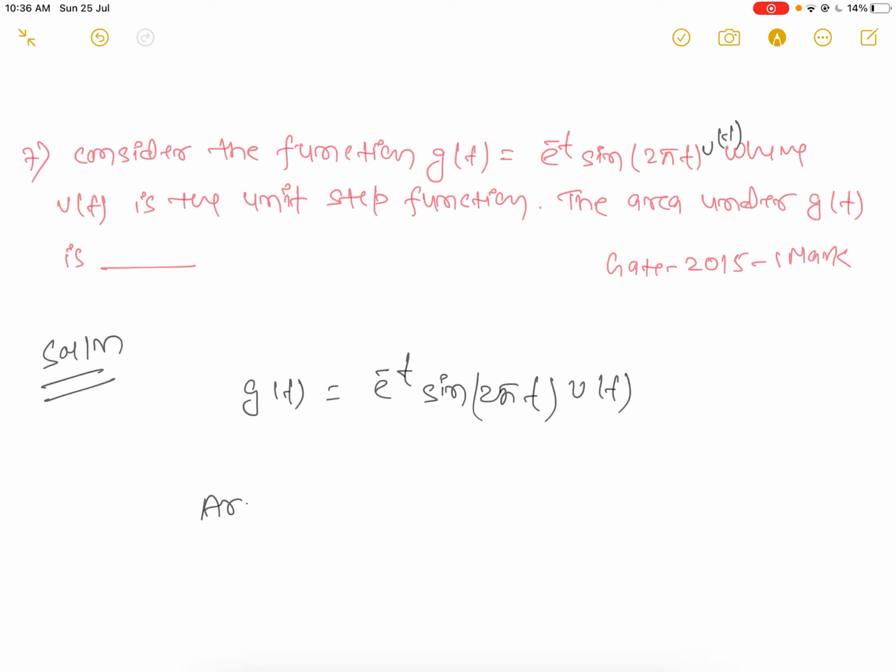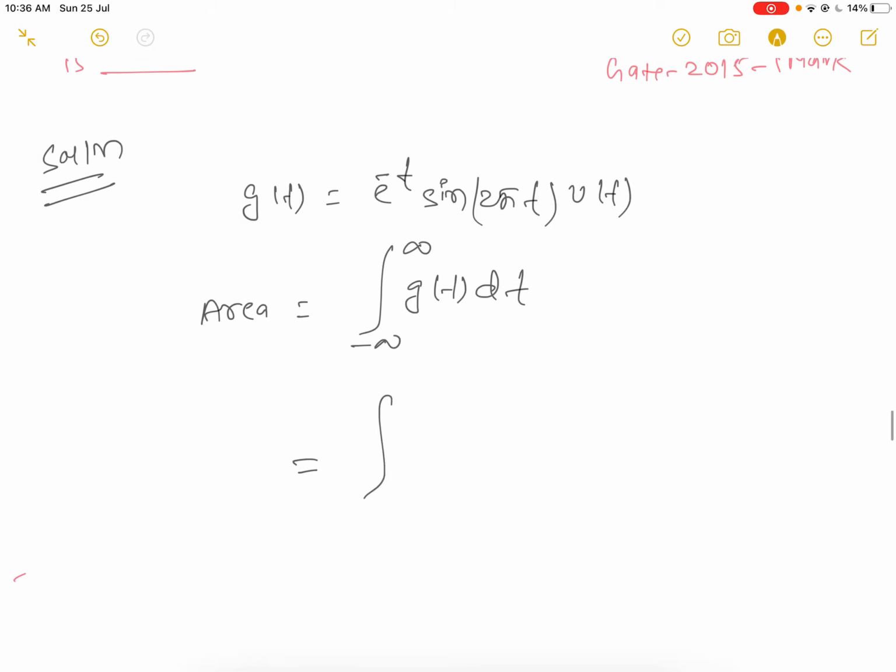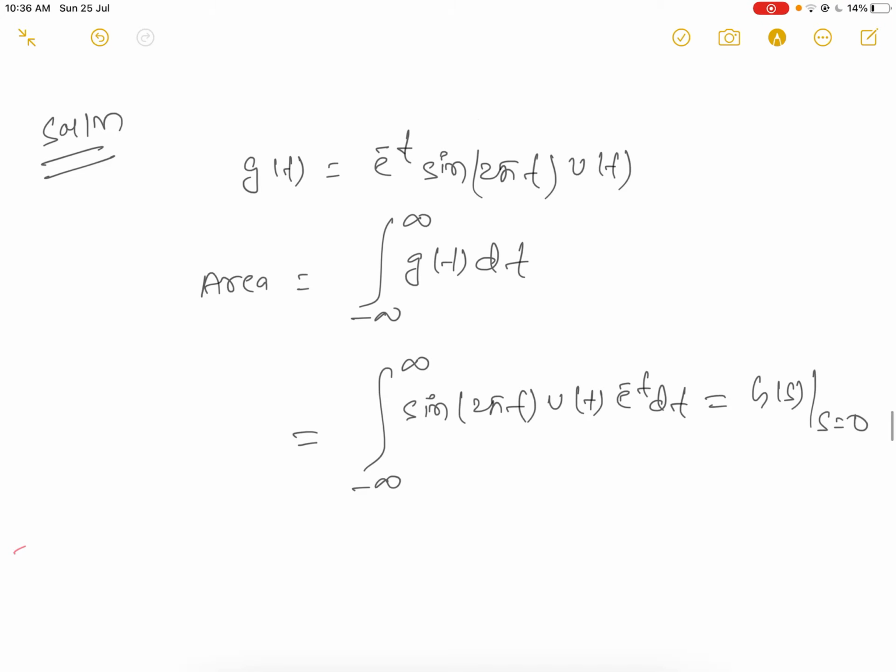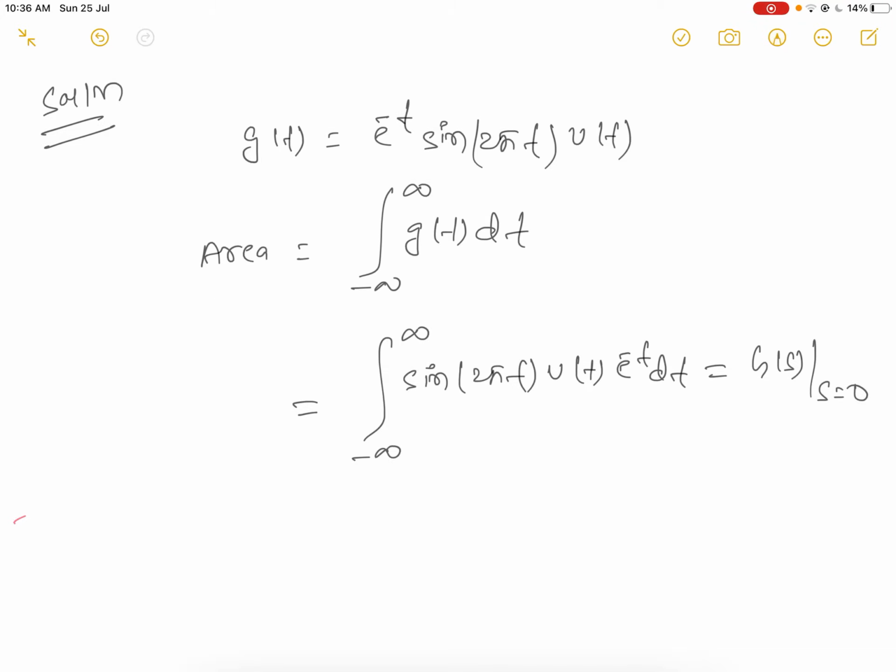Okay, so the area will be, we know, the integral from minus infinity to infinity of gt dt. Now take the integration from minus infinity to infinity of sin 2 pi t ut e to the power minus t dt. And what will happen, this one is Gs with mod s equal to 0, and here check it, this is nothing but the Laplace transform. So Gs will be